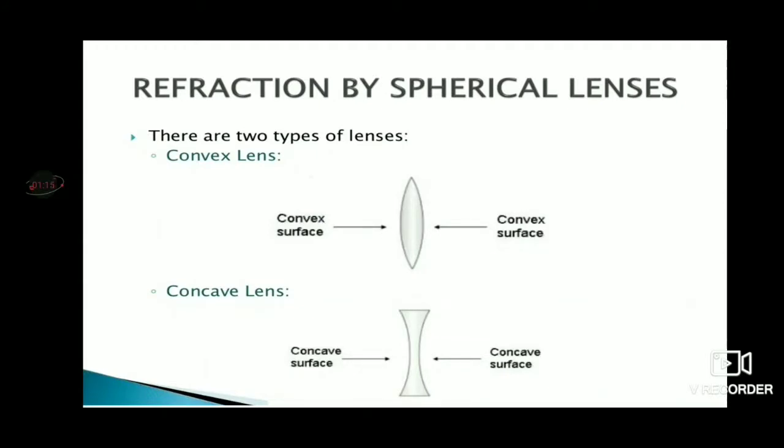Similarly, a double concave lens is bounded by two spherical surfaces curved inwards. It is thicker at the edges than at the middle, as you are able to see in the second figure. Such lenses diverge light rays that fall on them. A double concave lens is usually called a concave lens.